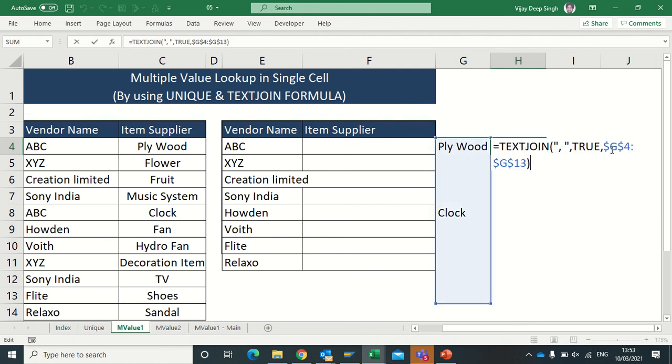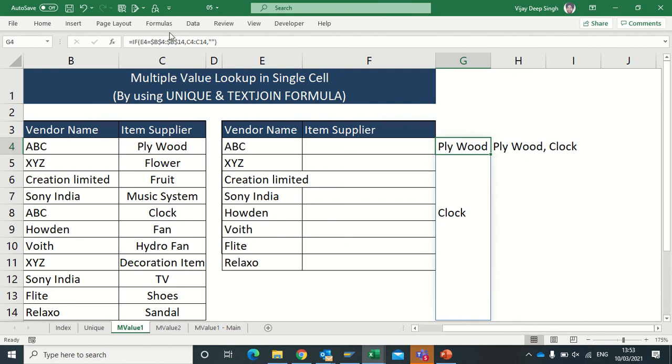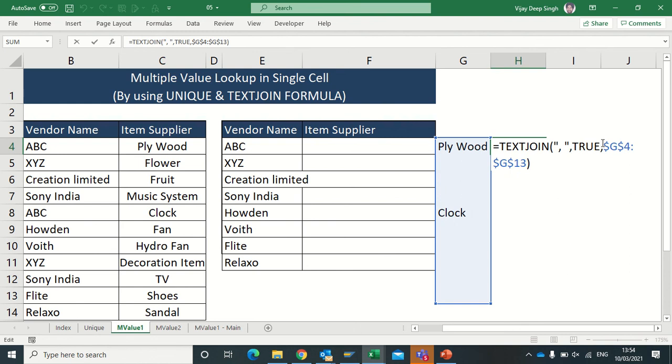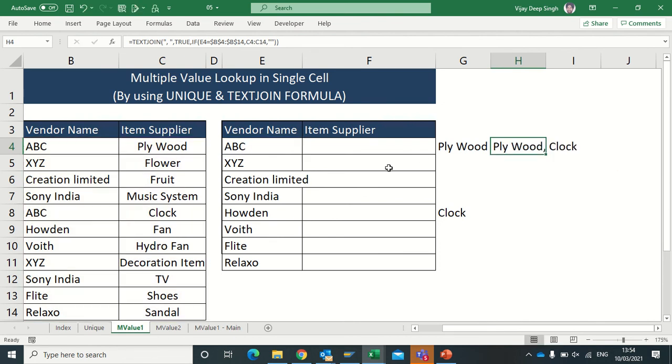So instead of typing G4 to G13, I will copy this formula and paste it here instead of typing this cell. Now see, it automatically gives me the value for ABC. Now just paste this formula.